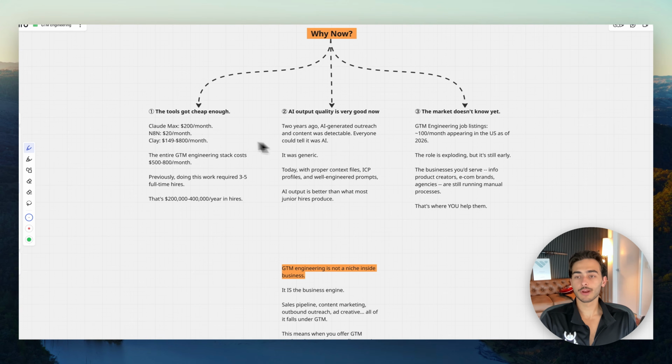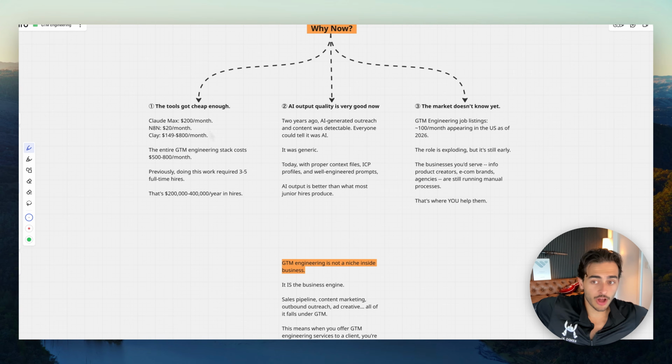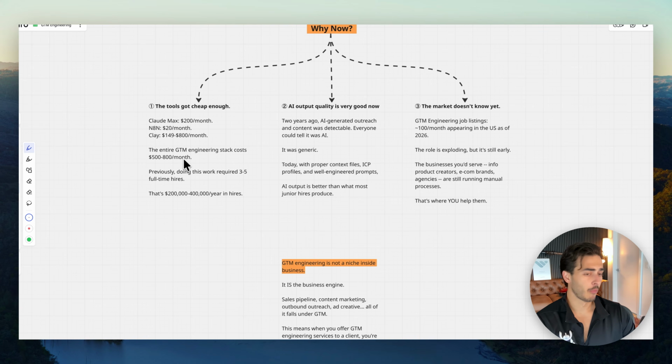So why now? Well, number one, the tools are cheap enough. So for your Claude Max plan, which is $200 a month, your n8n, your Clay, you are literally able to do the power of 8, 9, 10 human SDRs that you used to have to pay a base of like $500 to $800 a month. Okay, that's crazy. For example, our AEs at Kendo, which we will still have AEs because we got to run demos, they get a $4,000 a month base just off rip without doing anything.